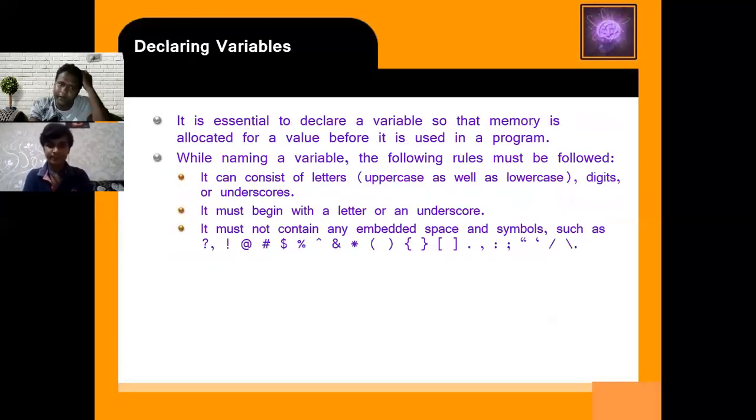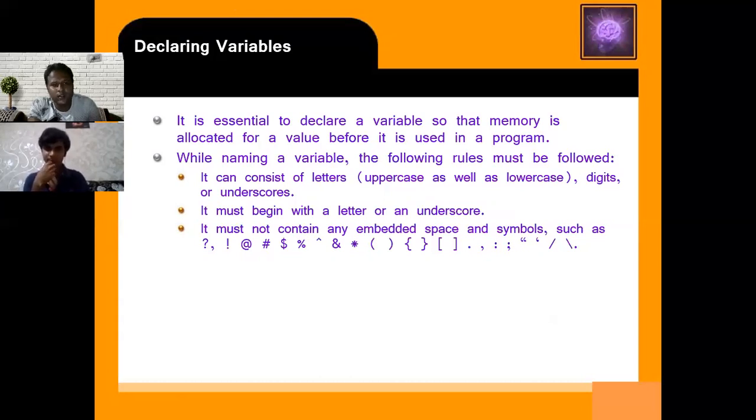When you declare a variable, it is essential to declare it so that memory is allocated. For allocating memory, you have to declare a variable. While naming a variable, the following rules must be followed. It consists of letters, digits or underscore.